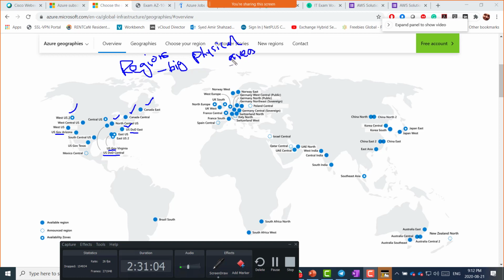And second thing is that within the region in Azure as well, there are smaller partitions called availability zones. So they also have availability zones here. They are called AZs, availability zones. I'll just go for cyan. Okay, so availability zones are